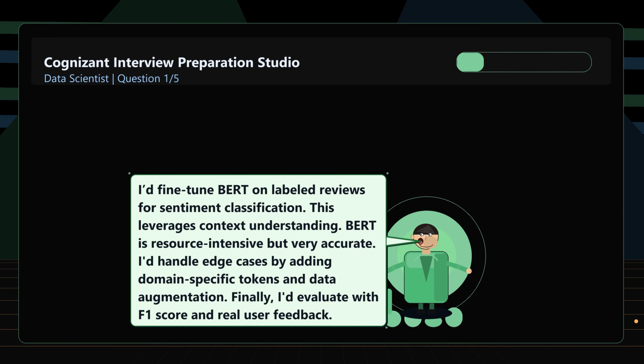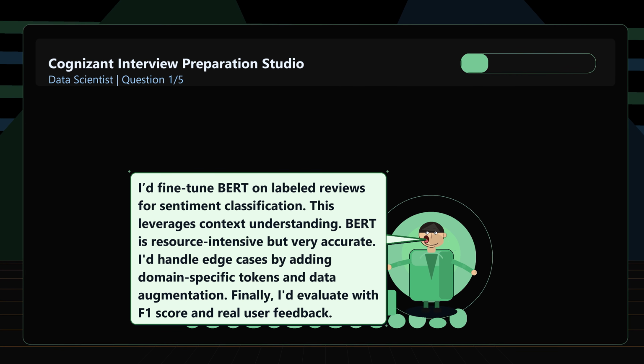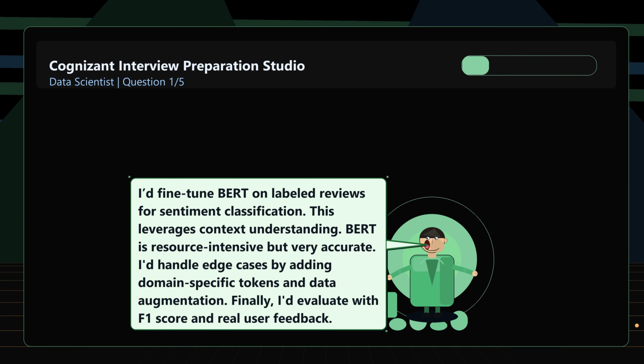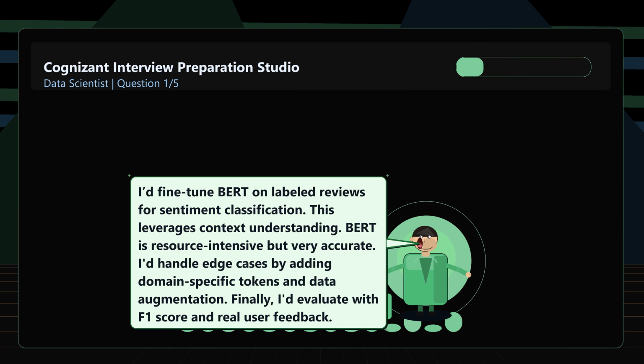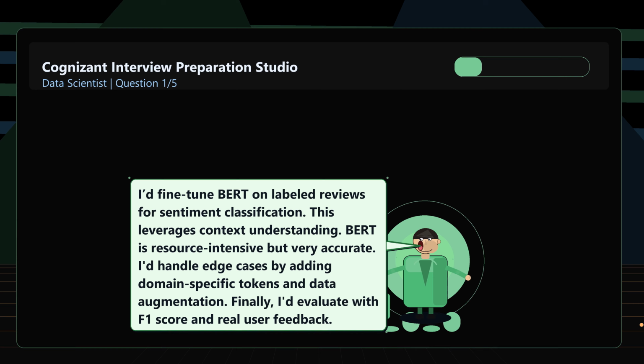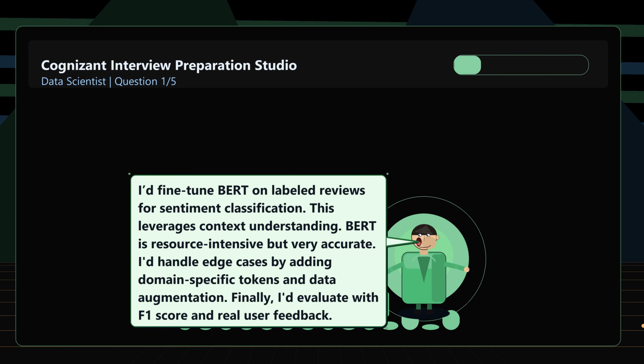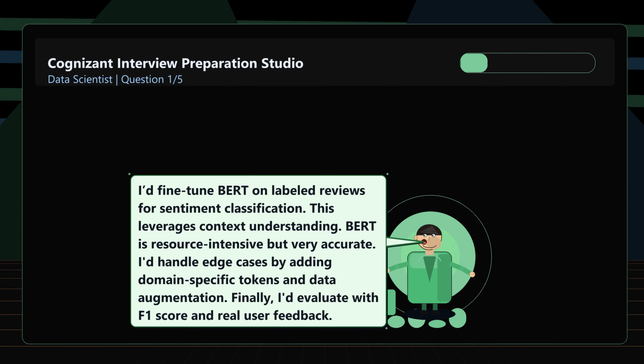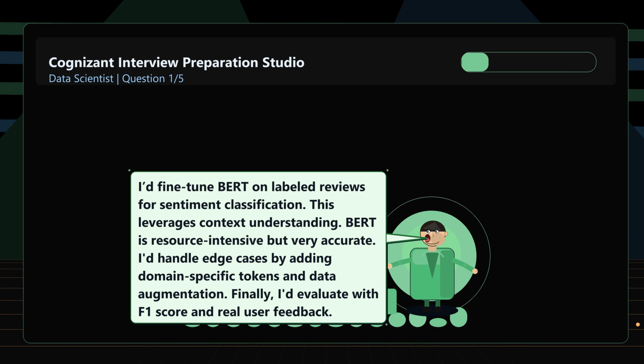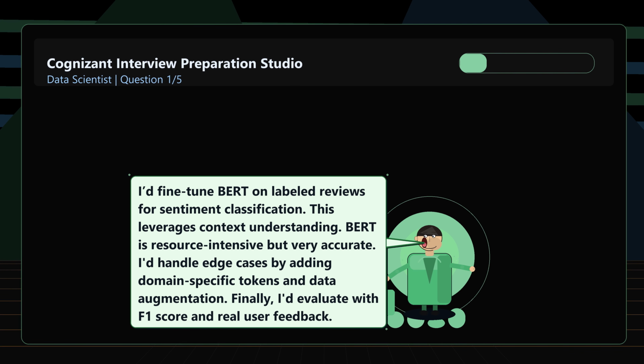For edge cases like sarcastic or ambiguous reviews, I would incorporate domain-specific vocabulary and use data augmentation techniques to improve robustness. Finally, I would validate the model using metrics such as F1 score and seek user feedback to ensure practical